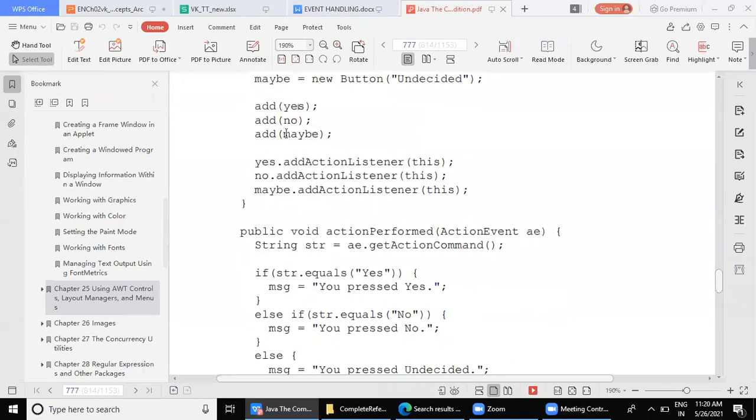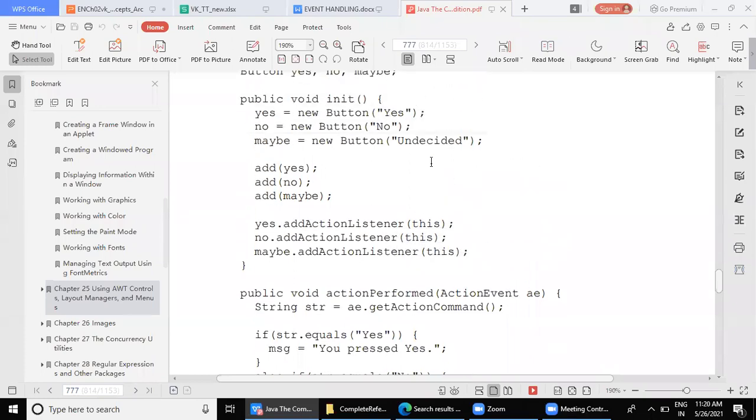So we have added. After adding, we are registering each of these buttons with the listener. Which listener are we using? addActionListener. In the brackets, we have to provide a reference to the source. Now, which is going to be the source here? I mean, where is the event going to be generated? In this class itself, in the applet.